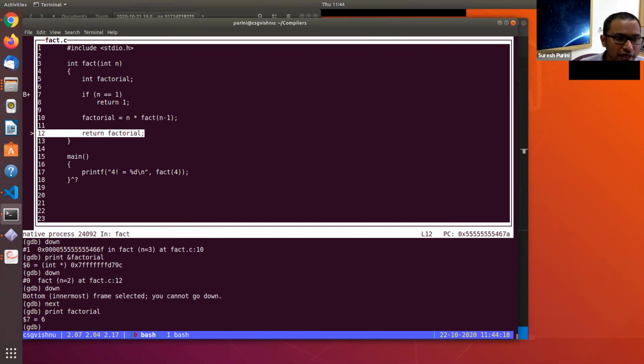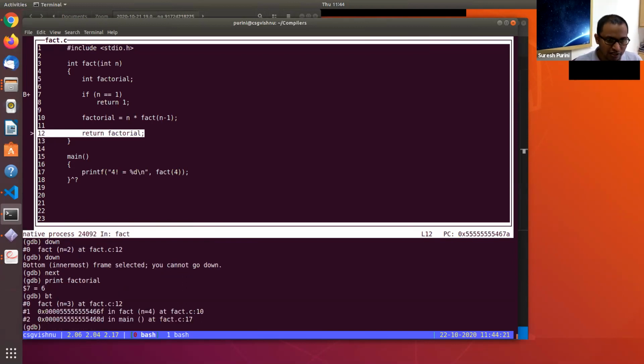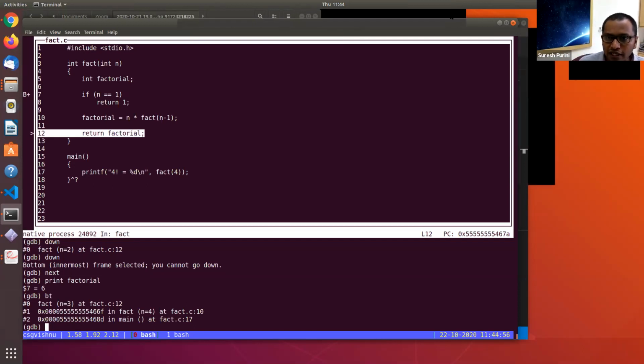You get the factorials. The idea here is, if you look at the stack, we went deep into the stack, and now we are unwinding, popping the activation records and coming back to main. Using GDB, it is possible for you to play and understand how these activation records work and what the stack frame looks like. You can move up and down in the stack frame to understand different function calling contexts. That's all I have for today, and thank you. If you have any questions, you can ask me.